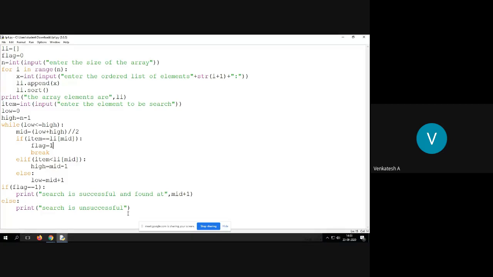Now mid is the criterion which decides whether you need to traverse upwards or towards the bottom of the array. For example, you have the values 1 to 10 and the mid is 5. Suppose you are searching for the element 3, then you should do mid minus minus. Why? Because you are already at the 5th position and you are searching for the third element.